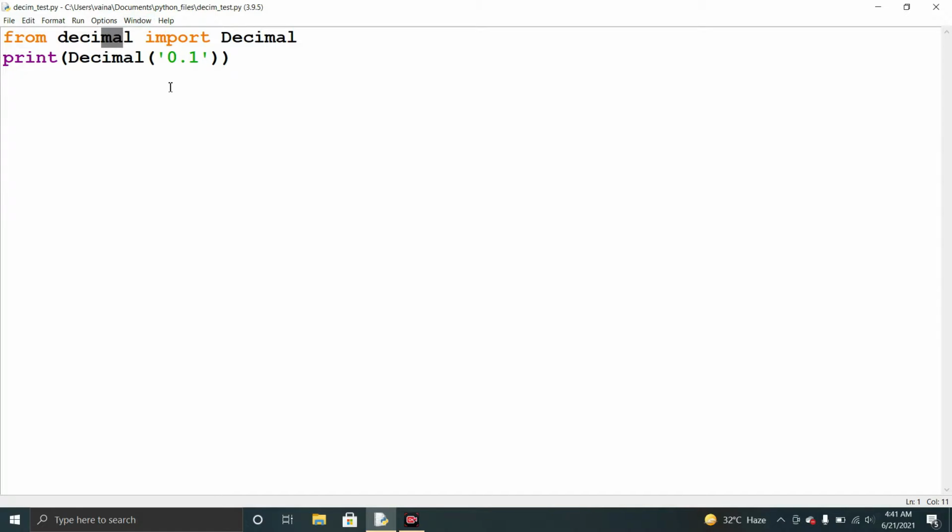Here we imported Decimal from the decimal module, and we can also just import decimal. If we import like this, we need to call the module again, like decimal dot Decimal. So we pass 1 and divide it by 7.